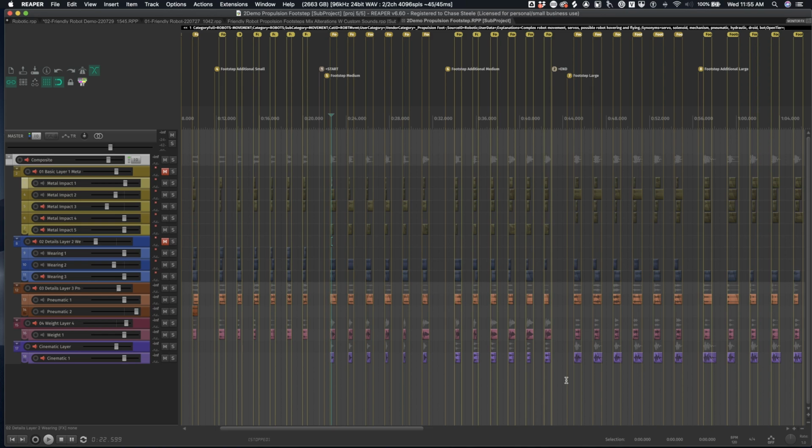So as I found myself going through this process, designing the footsteps for this little guy, it started to get me inspired. And I started thinking about material that I had recorded that was sitting in my own personal library that I just really hadn't touched and done much with.